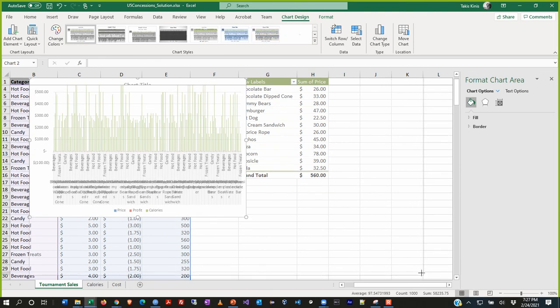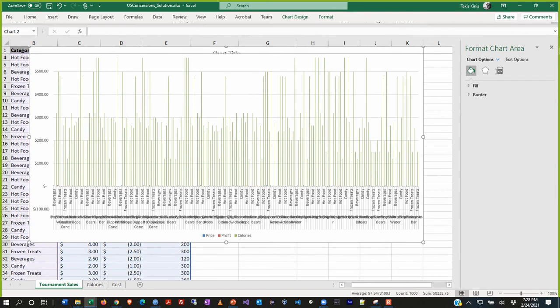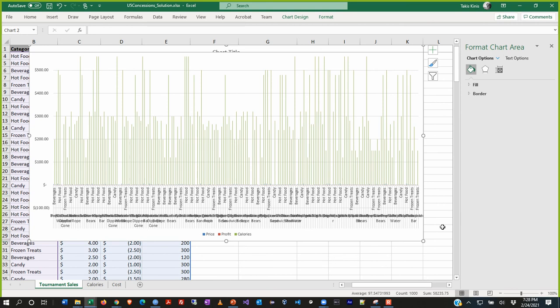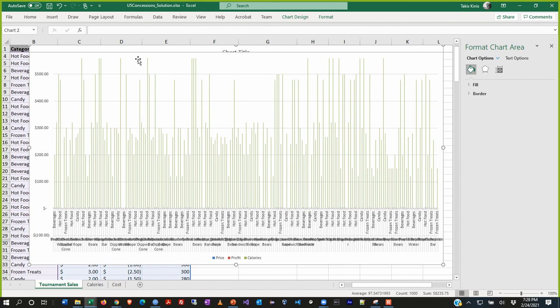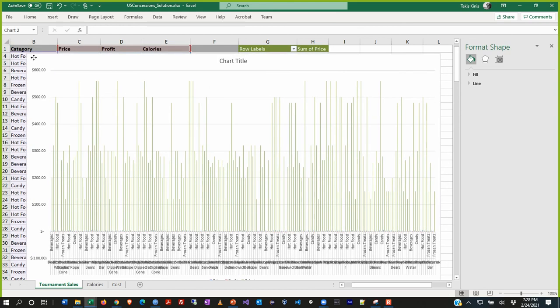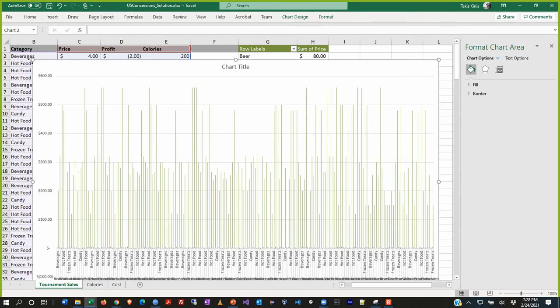Sometimes you just basically have to play with it until you get one that you like. And this is one of the things that makes Excel a little bit different than working with some of the high-end visualization tools. With a high-end visualization tool, you get very granular control over these things. And in Excel, sometimes you do not. That's kind of the frustrating part of it. However, you will find that if you play with these enough, and Anthony, I assume this is what you were talking about, you're going to notice that